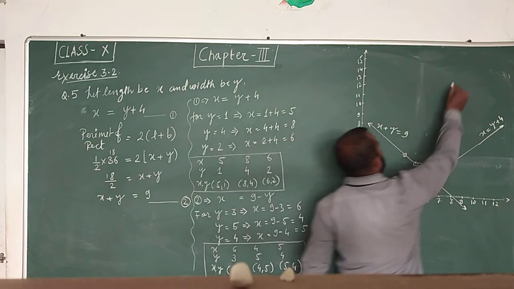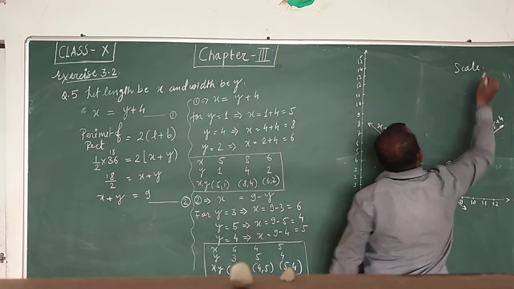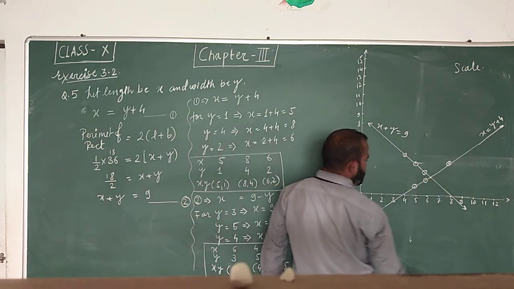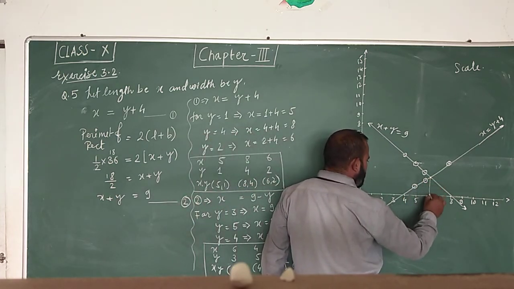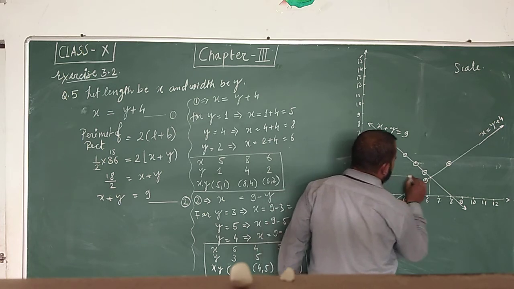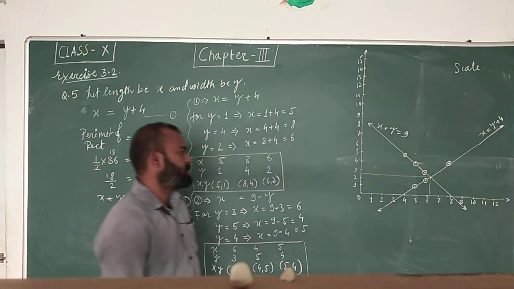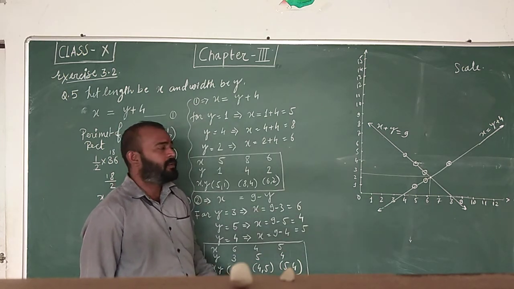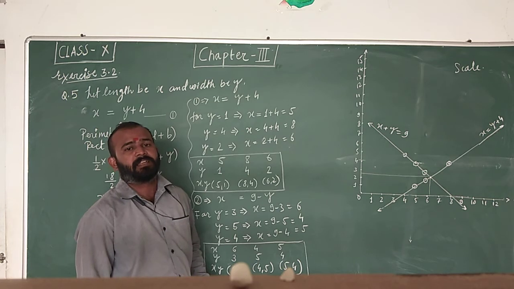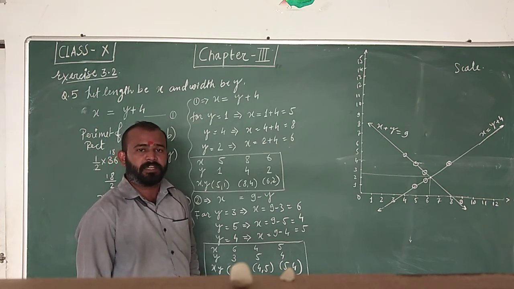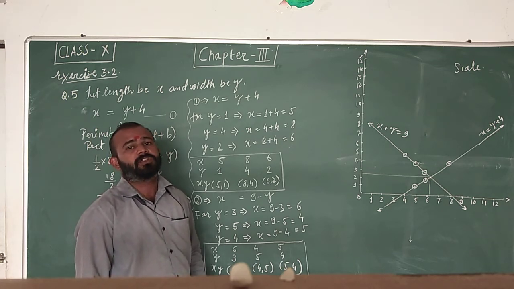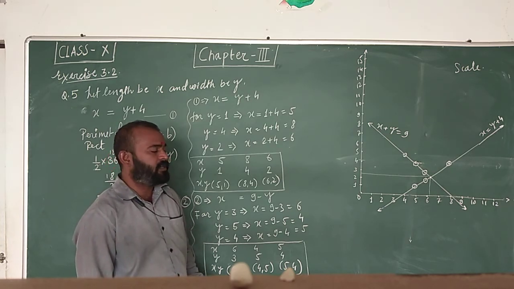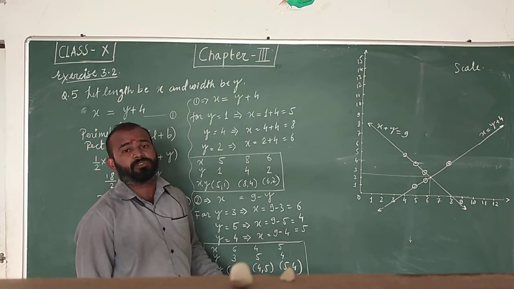You have to mention here the scale whatever you have taken on both the axes. Then the intersection point. Suppose this is the intersection point. ये intersection point क्या रहेगा? Solution of the given equation. ठीक है? अब मेरा वो exact नहीं भी आ रहा होगा, लेकिन आपका ग्राफ पे exact आएगा. 100% गारंटी है. नहीं आ रहा है, means somewhere you have made a mistake. Okay? Understand how to draw this graph or how to find out the solution?